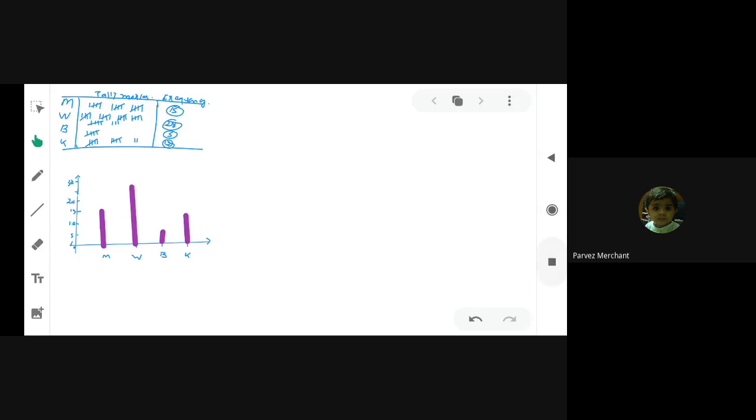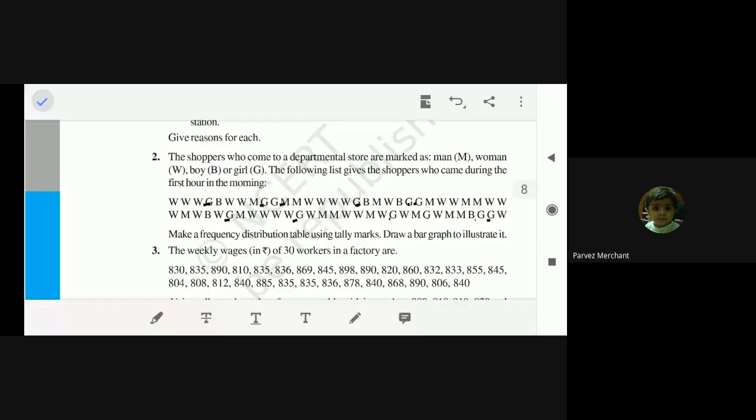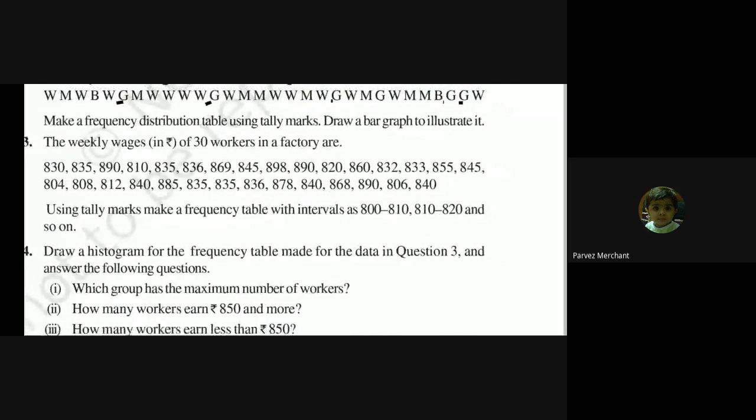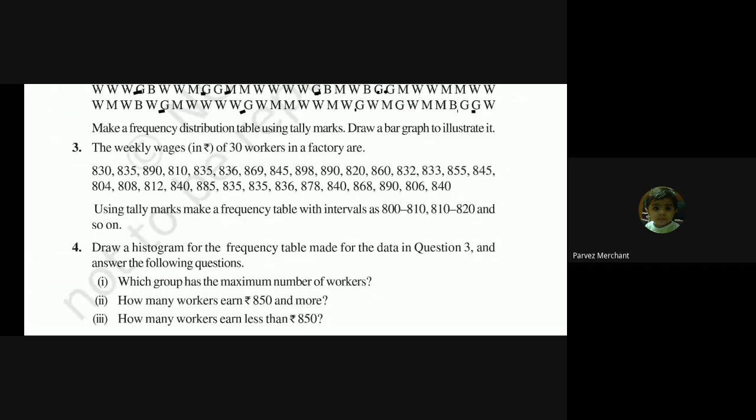Okay, now we are going to question number 3. Please see here. The weekly wages in rupees of 30 workers in a factory are given here. Using tally marks, make a frequency table with intervals as 800 to 810, 810 to 820, and so on. Now please remember one thing. In the group 800 to 810,